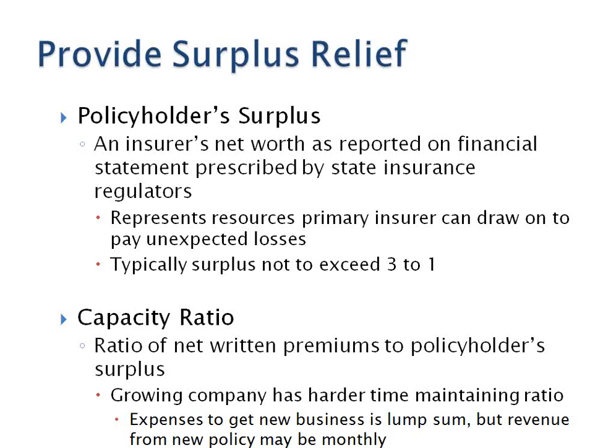This is what we're talking about. It's the insurer's net worth as reported on financial statements provided by the state regulators. So when we talk provide surplus relief, policyholder surplus is the same thing as net worth. Okay, I mentioned that, and I think in the book as well. And it represents the resources the primary insurer can draw on to pay unexpected losses. Now, you might want to say, isn't everything unexpected? Well,